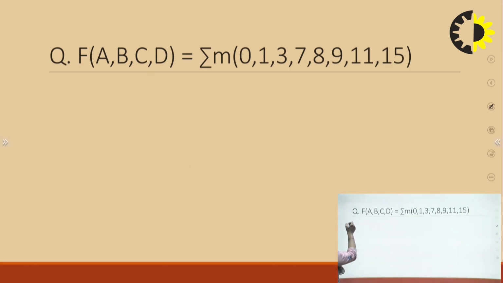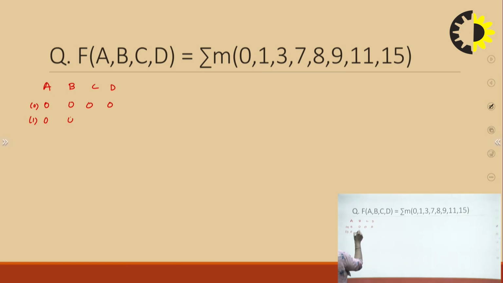So I will just write the binary form of these decimal numbers. So minterms I will write in the binary form. Initially it is 0, so it is 0, 0, 0, 0.